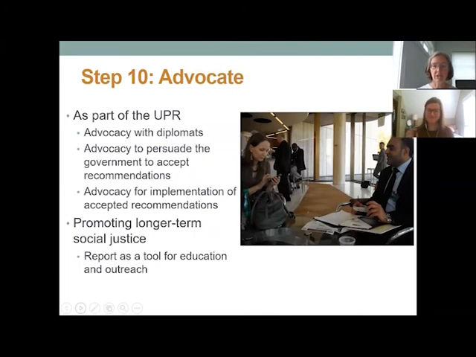Yeah, and some of our coalition partners have also held press conferences to announce or launch the release of their report to get more attention toward it. They might do it as soon as they submit it, or they might wait until closer to the interactive dialogue itself as a way to introduce to the media and to the general public the report that they submitted.